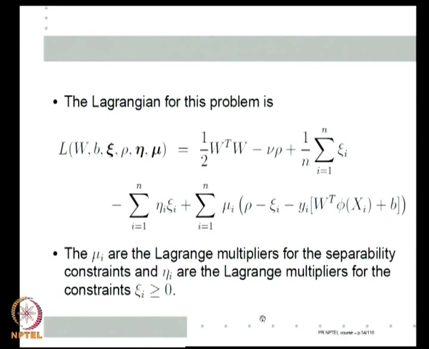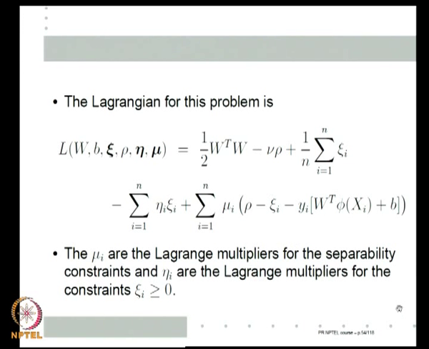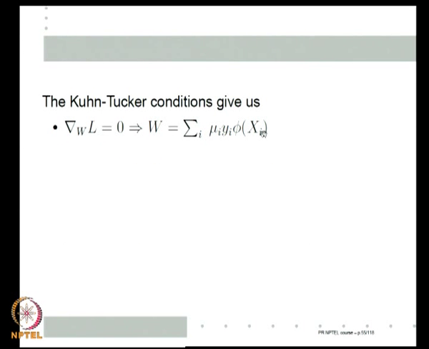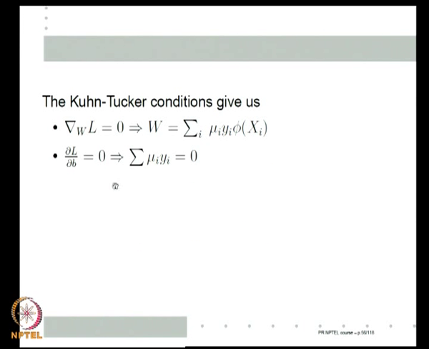Okay. Now, let us put the Kuhn-Tucker conditions for this. First, the derivative of L with respect to all the optimization variables should be 0. So, gradient with respect to W is 0, del by del b is equal to 0, gradient with respect to xi is equal to 0 and del L by del rho is equal to 0. Gradient with respect to W equal to 0 gives us the old thing, because with respect to W nothing has changed. I get 1 W from here and I get summation mu i y i phi x i here. So, that will still give me this. Similarly, with respect to b also nothing has changed. So, I put b, I get that.